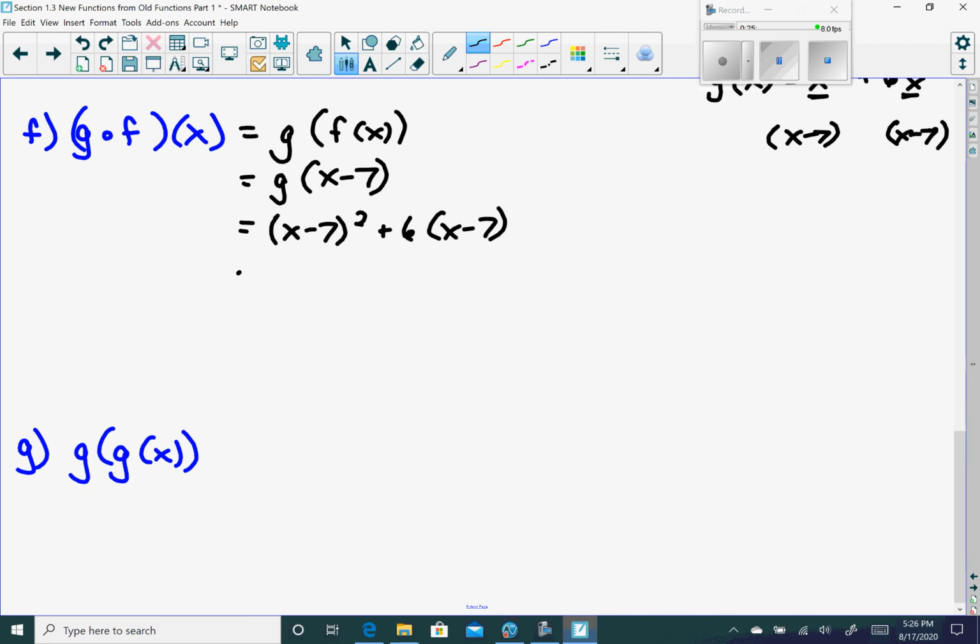All right, so this becomes x minus 7 times x minus 7. We can distribute the 6 here: 6x minus 42. And at some point, keep practicing these. We want to be able to just really get to the expression simply by looking at this, and that's what